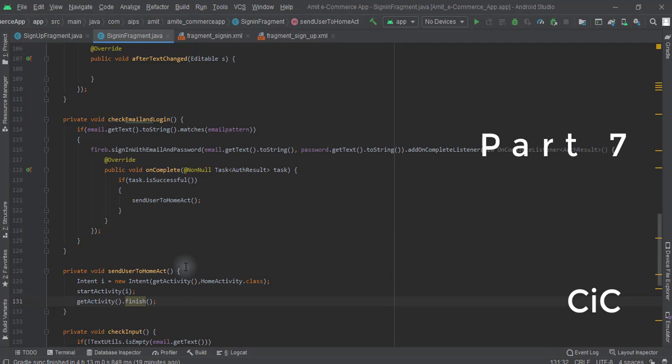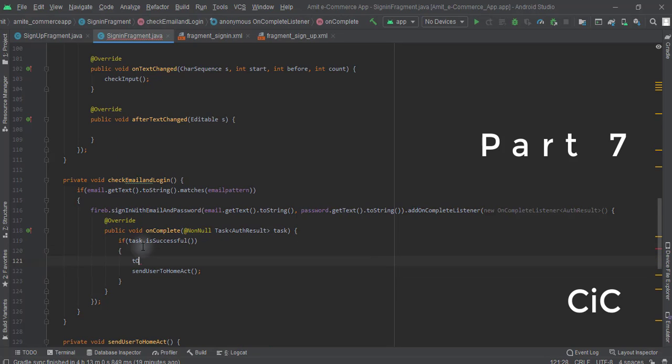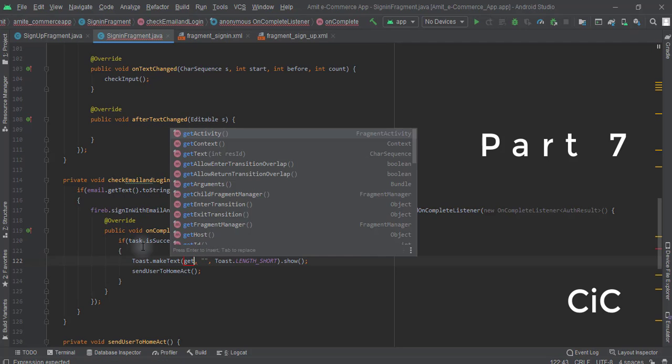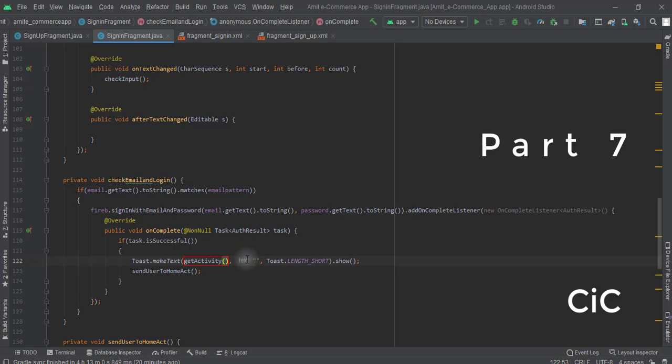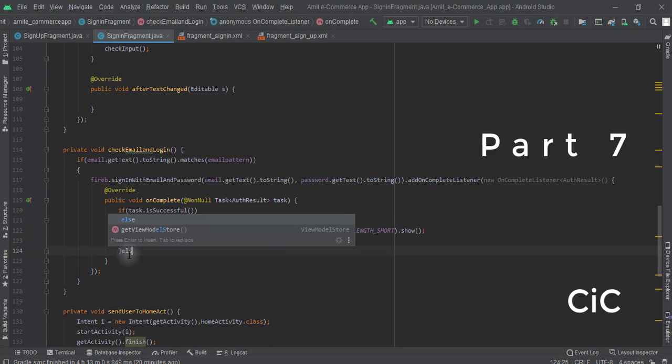If the task is successful, we will also show a toast message that you have successfully logged in. So here we'll set login successful, and we'll create an else part of this as well.